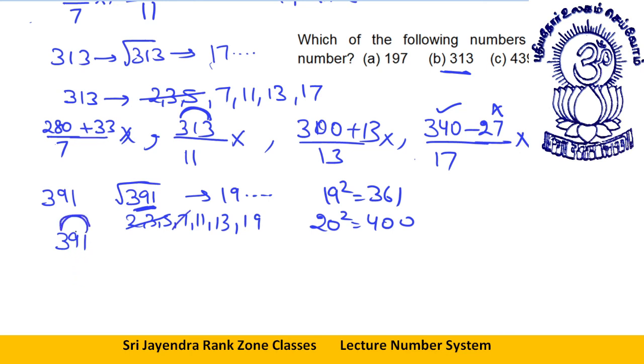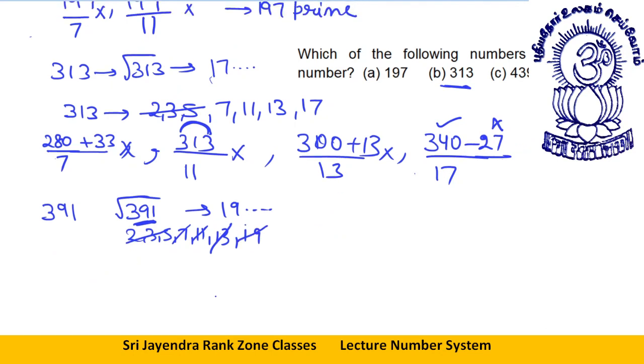11. 4 minus 9 minus 5. Not divisible by 11. 391, I can write it as 390 plus 1. This is divisible by 13. This is not divisible. So 13 is also not divisible. Let's come to 391 divided by 19. 391 I can write as 380 plus 11. This is divisible, but this is not divisible. So we have one more prime number which we didn't check, 17. 391 divided by 17. That will be 390. 17 into 34. Okay, how much? 51. 17 into 3, 51. Yes, so it is divisible. So this number is divisible by 17.